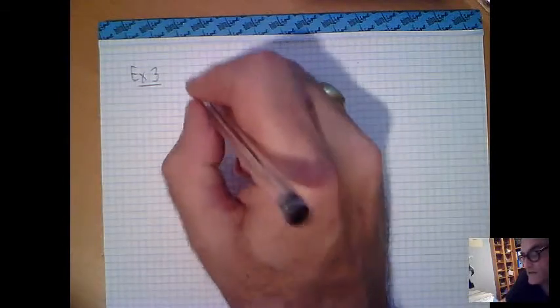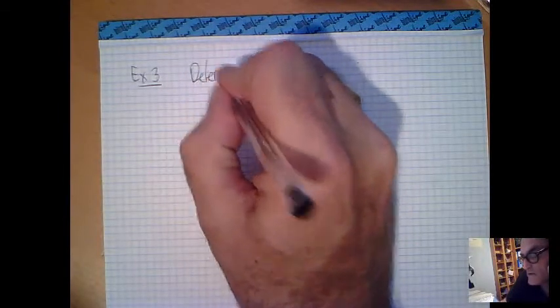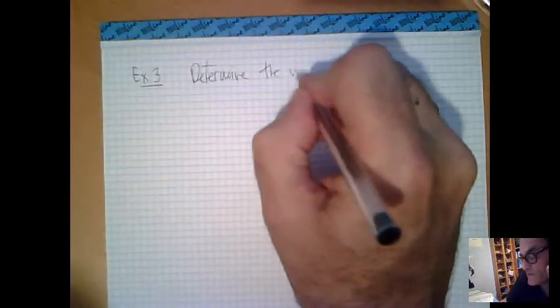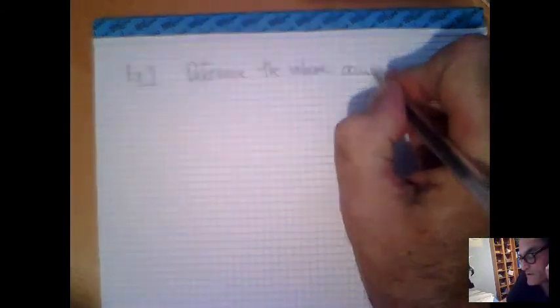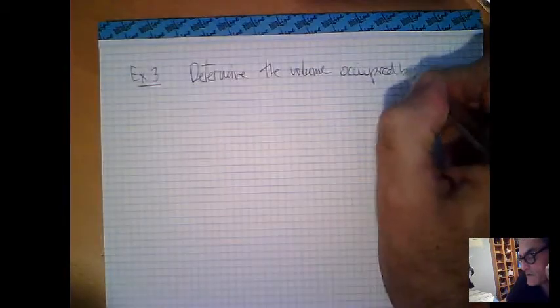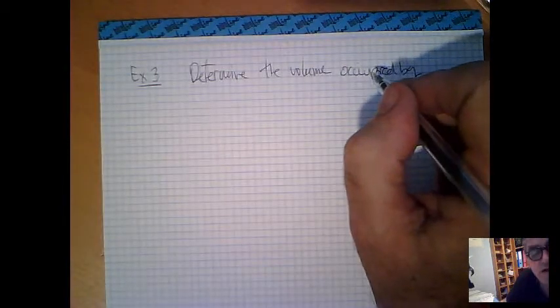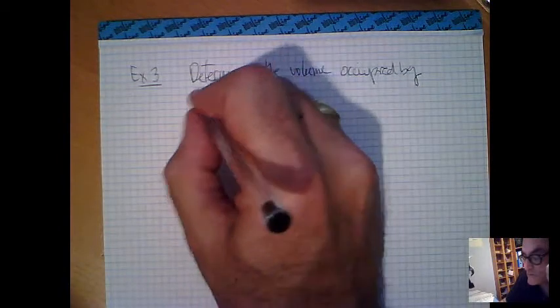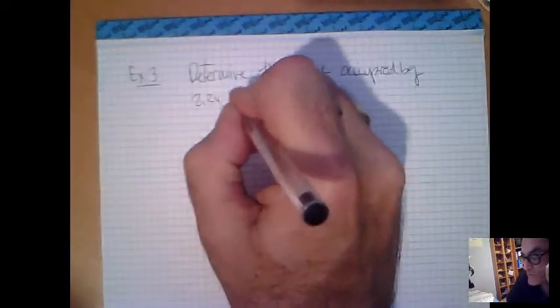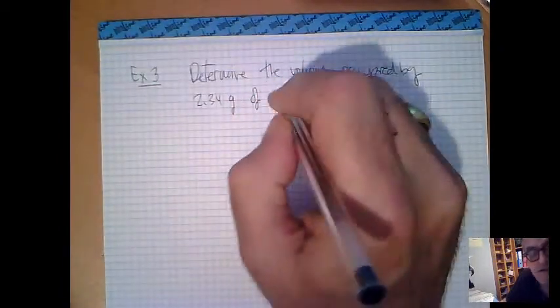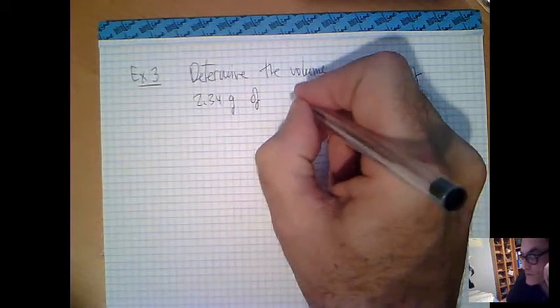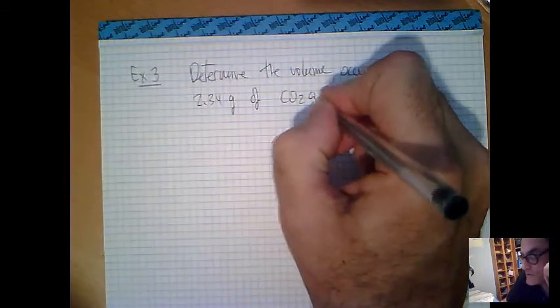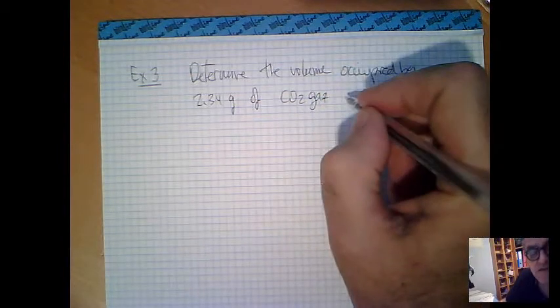Exercise 3: determine the volume occupied by 2.34 gram of CO2 gas